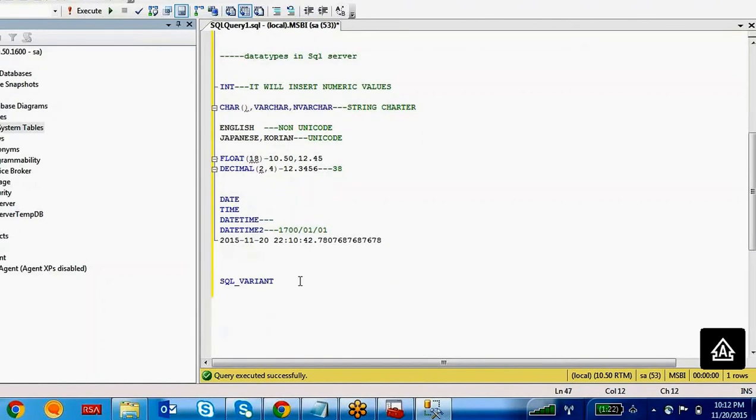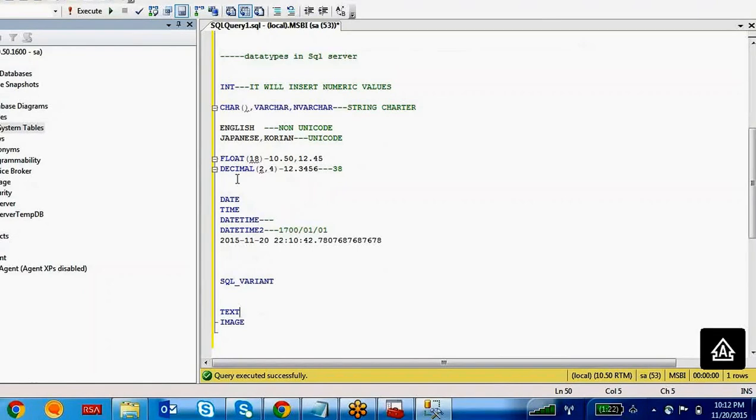You have some more data types, text and image. If you want to insert many statements or paragraphs of data, you can use text. If you want to insert any images, you can use the image data type.